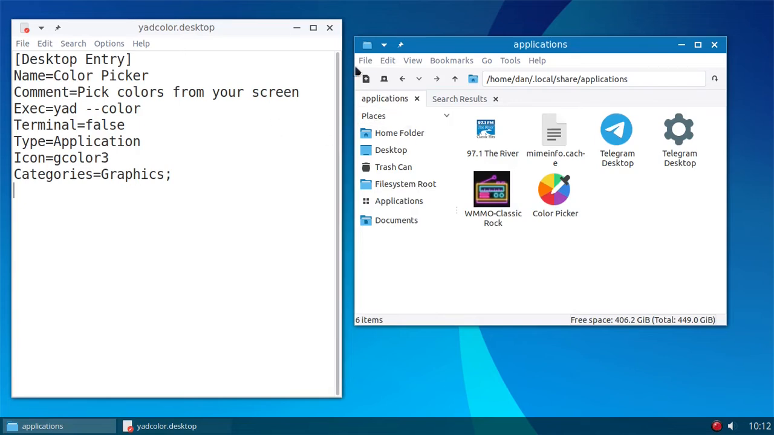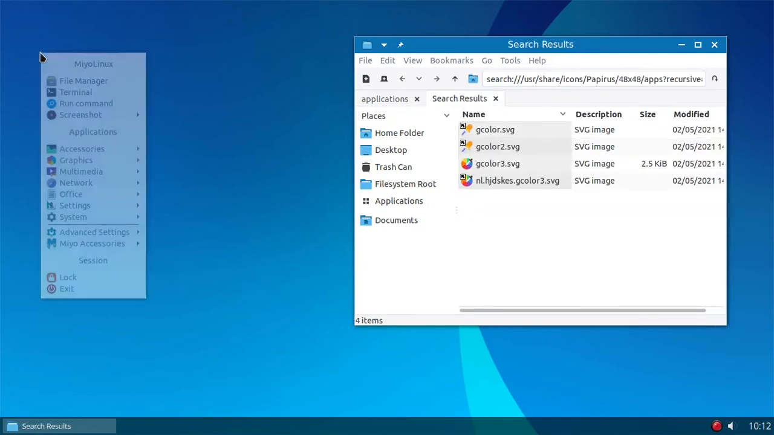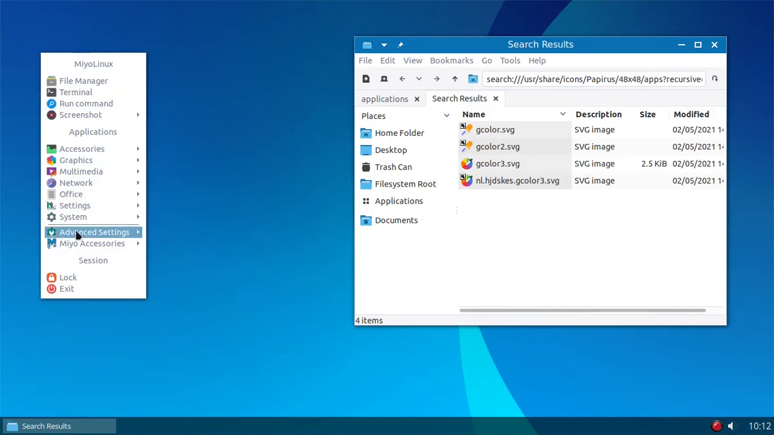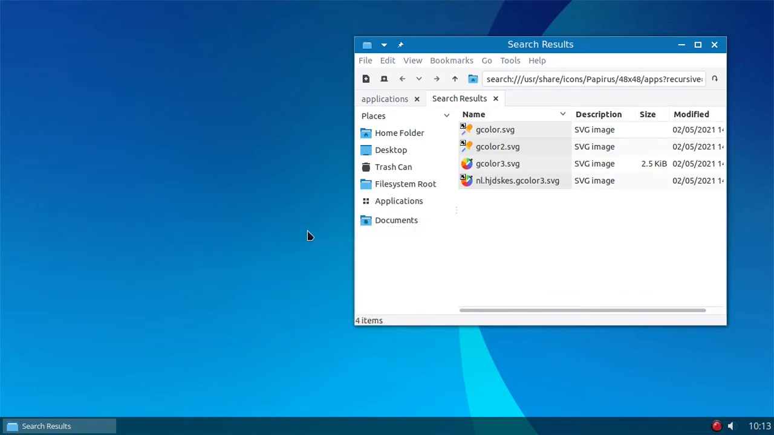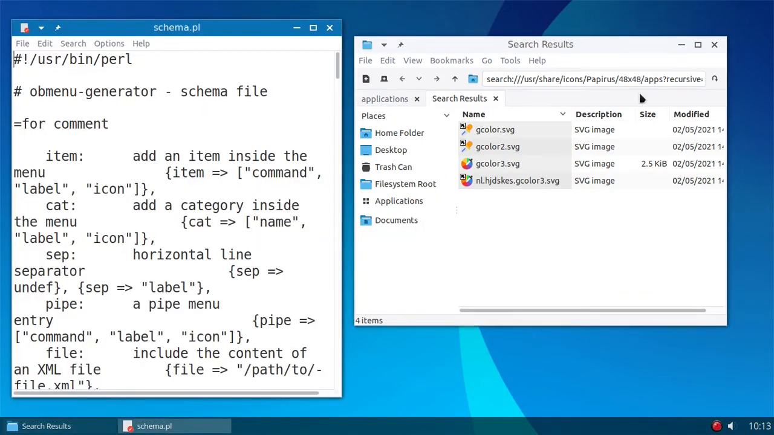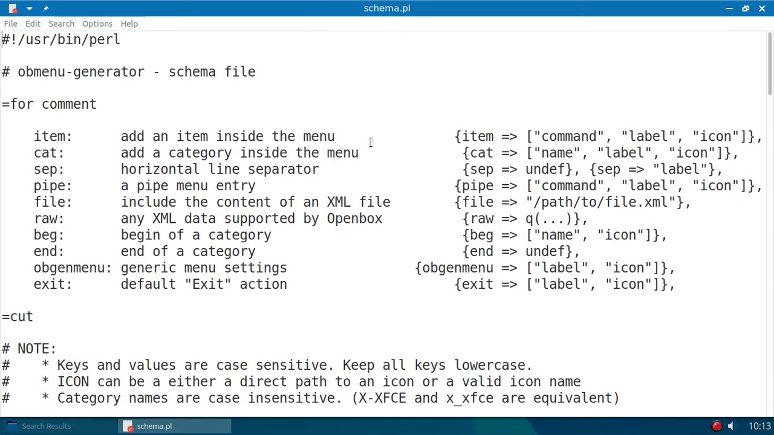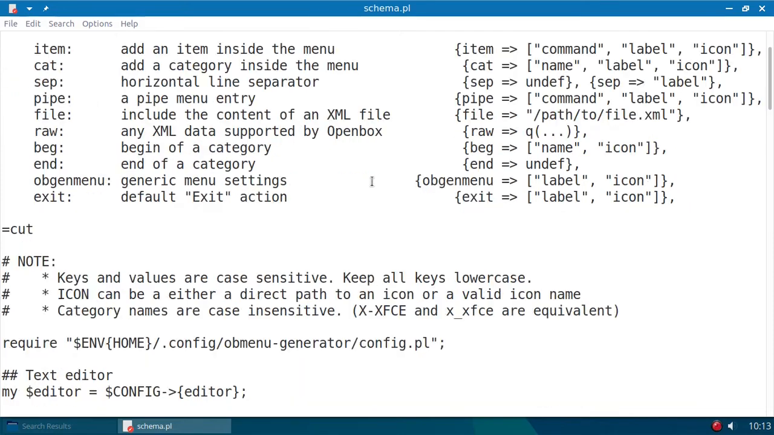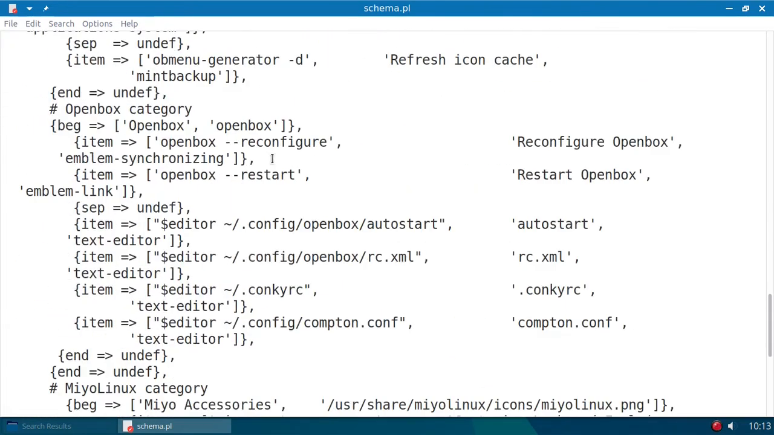Okay. Well, maybe you don't want to have an actual application file for it. So what else can we do? This next one, if you're using Openbox, will be a lot quicker. I'm going to go to Advanced Settings, Obmenu-Generator, Menu Schema. And let me just go full screen with this. Obmenu-Generator is the menu that is used. So what I'm going to do is go all the way down to